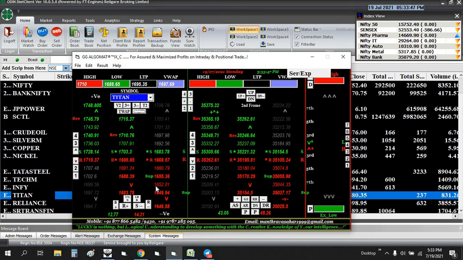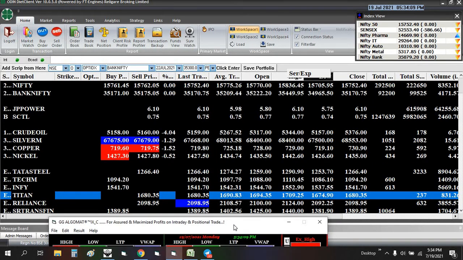It is still in the red zone, so the trend is completely negative. So click S minus, after that click EAR. What I have told, maximum it will reach this zone, or otherwise this zone, and once again it should come and break this open price 1693. So what was the high made today? 1709.25. Okay, this is the high today, right?